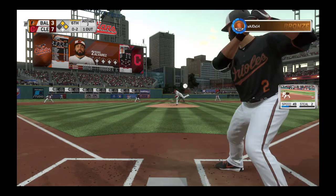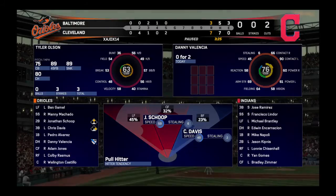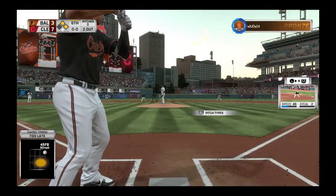0-2, here it is. And a fastball swung on and missed as they set him down for the 2nd time here tonight. Dan Otero trots in from the bullpen. Danny